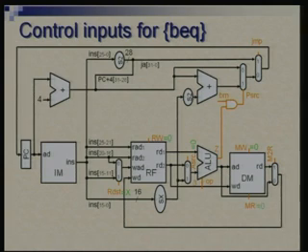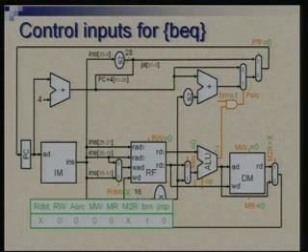MW, MR both are 0, M2R is X, BRN is 1, it is a branch instruction now. So now the Z output of ALU will be brought into consideration, and that together with BRN will control PC source. JMP continues to be 0, okay, and all values put together are in this green table.